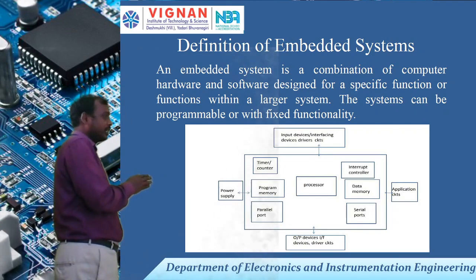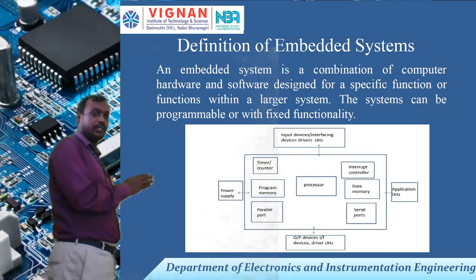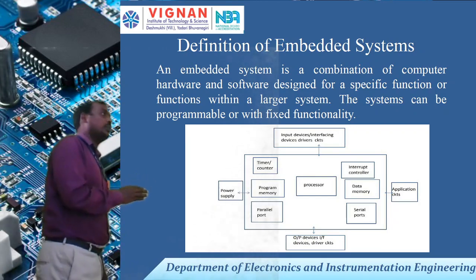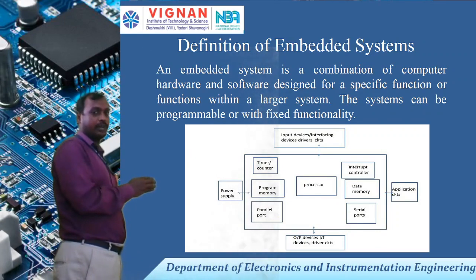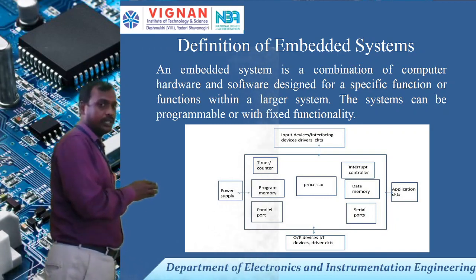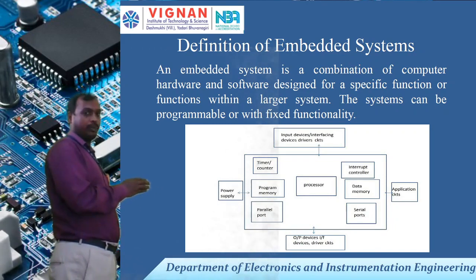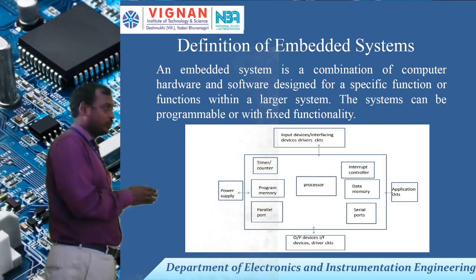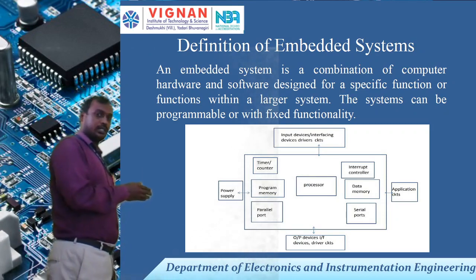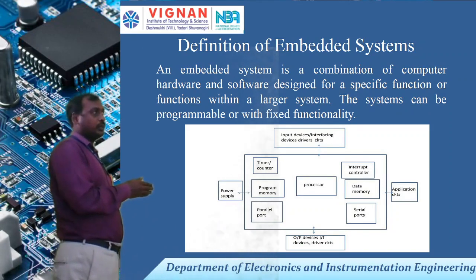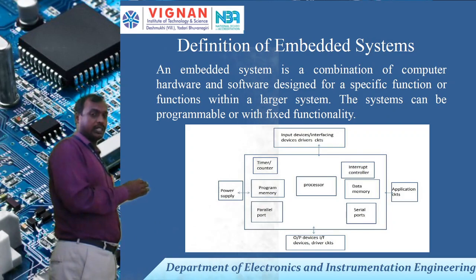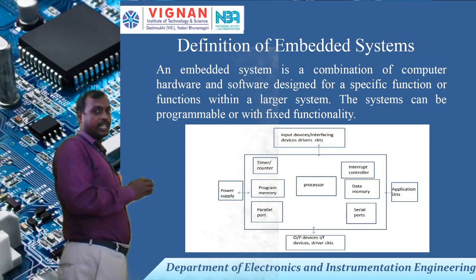Whenever implementing that application, we need to write the values into the TMOD and TCON registers. How can we write? TMOD is an 8-bit register: Gate, C/T bar, M1, M0. By selecting M1 M0, we select the mode of operation. Mode 0 means 13-bit operation. Mode 1 means 16-bit operation. Mode 2 is 8-bit operation. Mode 3 is two 8-bit split timer mode operation. Like that we can select the timer or counter operation.